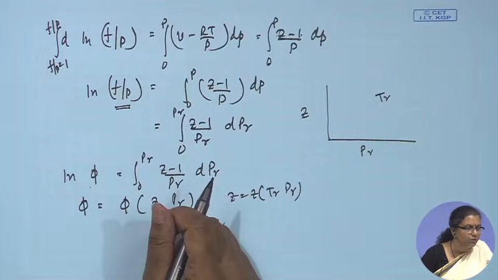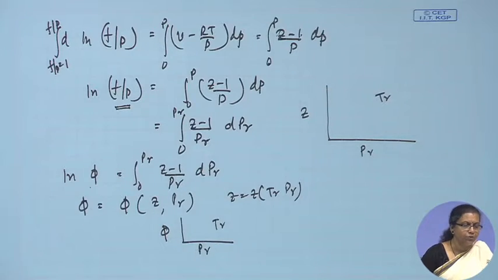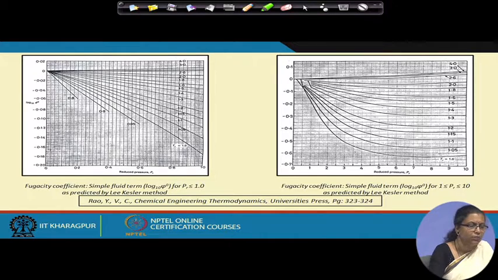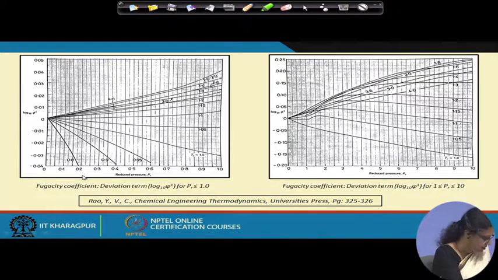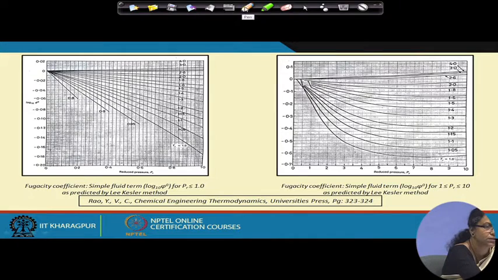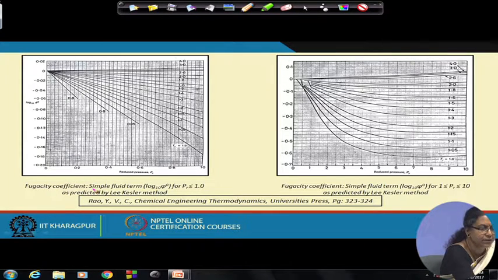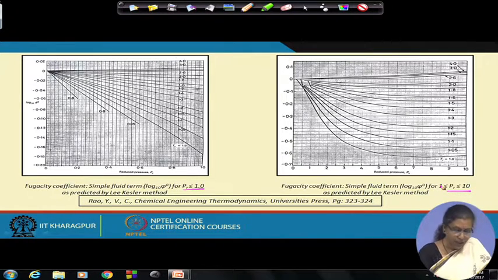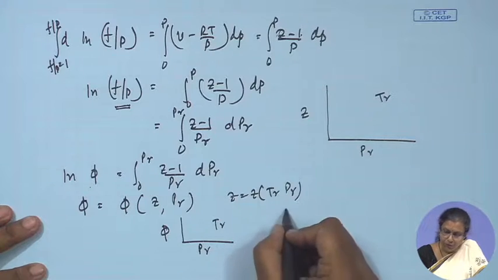They are available for different types of fluids. They are available in several thermodynamics books, and we find that this particular chart is applicable. Both of these charts are there for different values of PR, for lower values and for higher values of PR. And it is also important to note that from this equation we can also use a 3-parameter